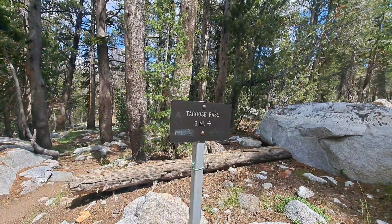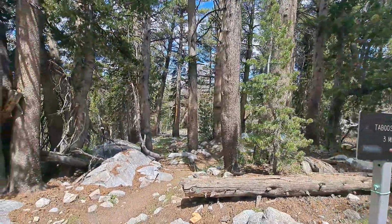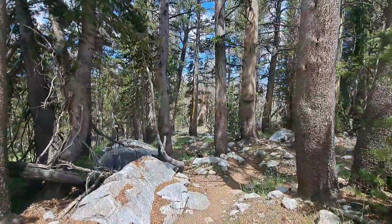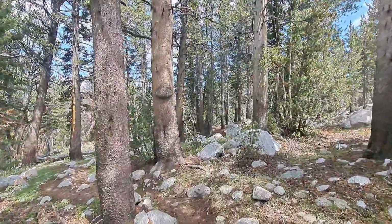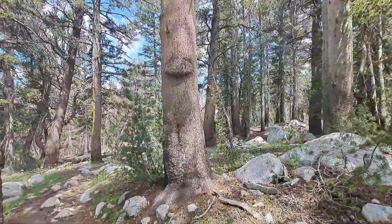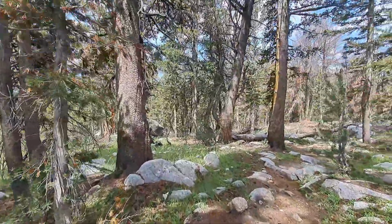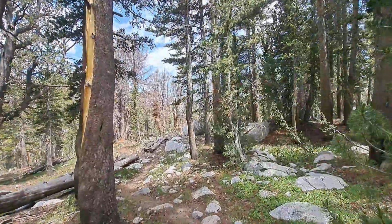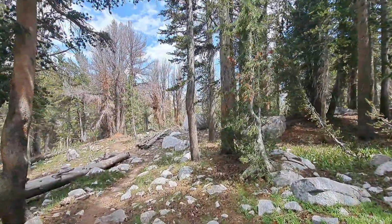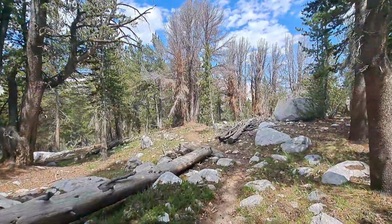Pinchot Pass. You can also read about that in Kim Stanley Robinson's The High Sierra, a Love Story. He does a chapter on the big passes. Pinchot is one of the passes that gets you in and out of the Sierra. I think the chapter's on that. But I'm probably not remembering correctly, since